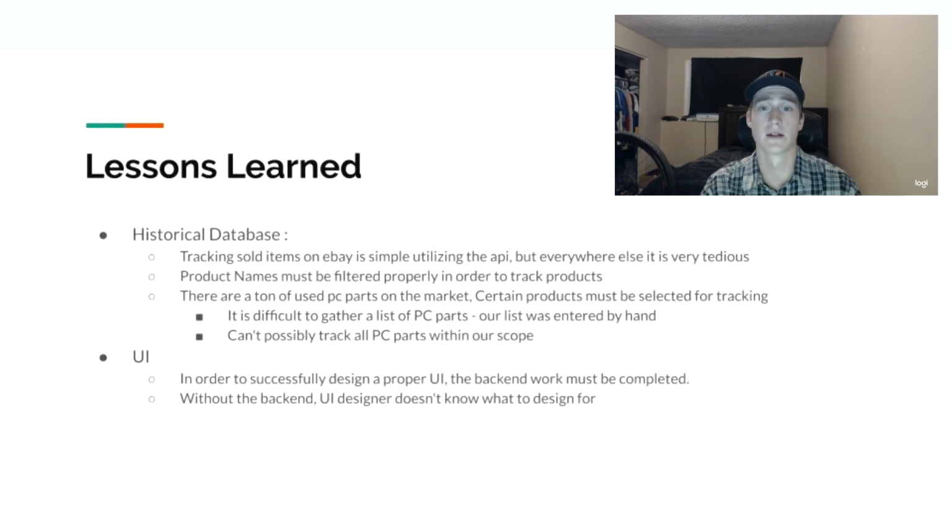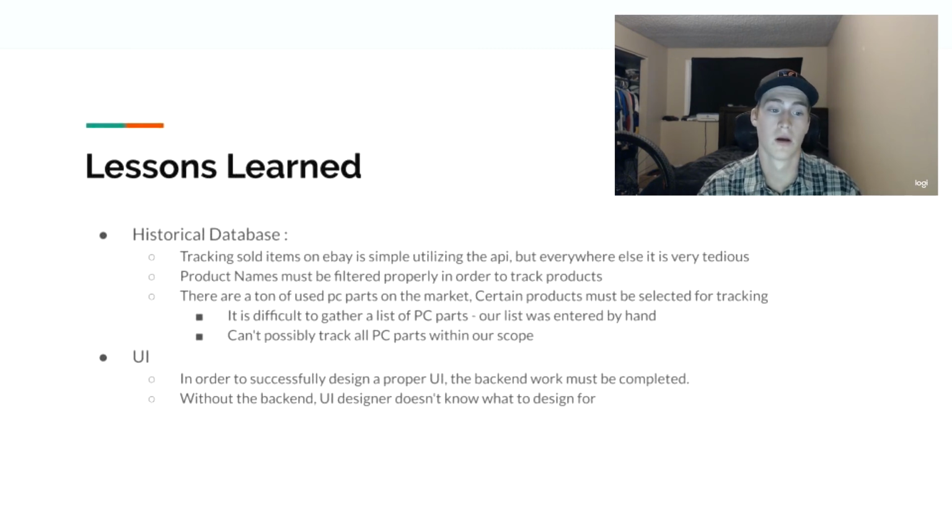Next is lessons learned. With the back end and the historical database, a lot of lessons were learned really early on. First off, tracking sold items on eBay. Super easy, like I said, with the API, but everywhere else it's tedious and pretty much impossible. On top of that, we learned that product filtering is going to be a big factor in the success of our historical database. If we can't accurately identify product names and correct products,